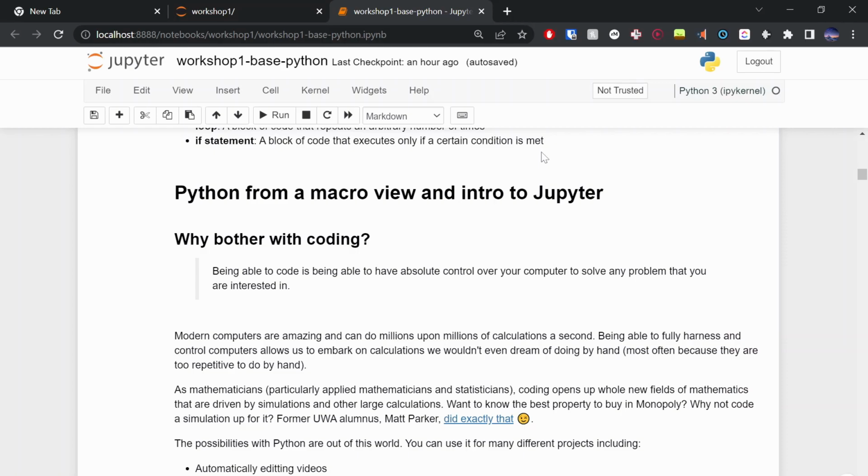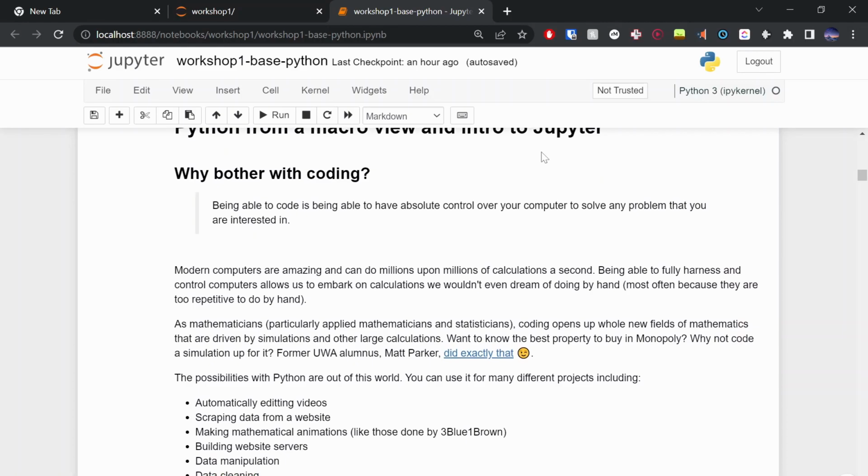And then you extend that to the nth degree, which is a lot of us coming from scientific backgrounds, I'd assume. If you're an arts major, welcome. And we're interested in how we can use Python to process our data, whether that be to run simulations, do visualizations, or transform our data. It's pretty much Excel on steroids. So that's the beauty of coding, being able to control the computer to do whatever we can imagine. So yeah, modern computers are amazing.